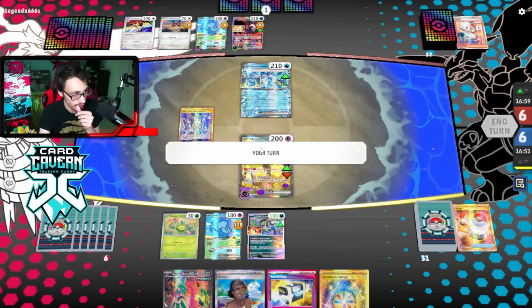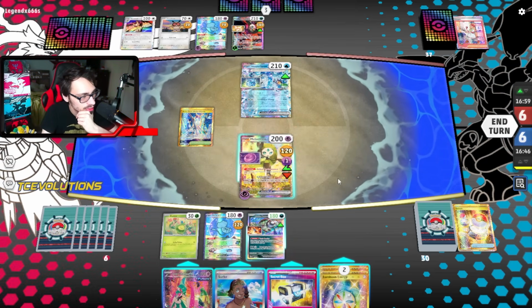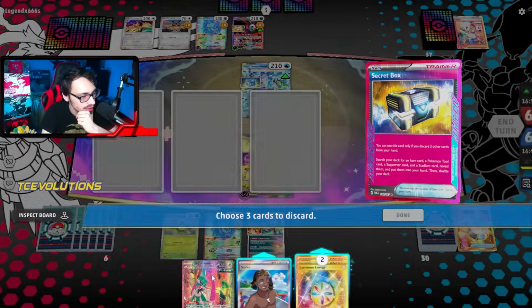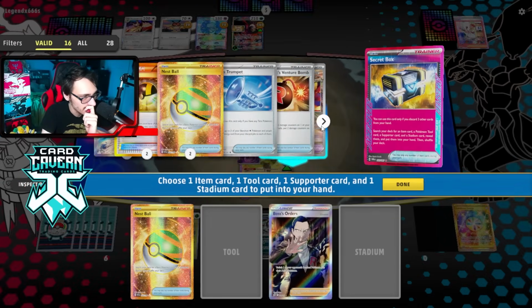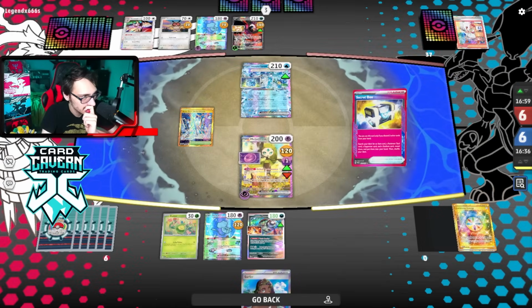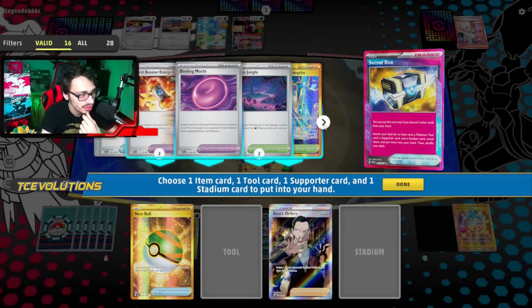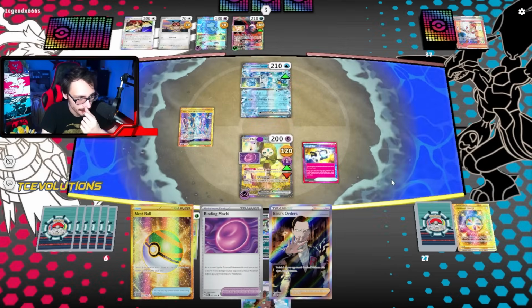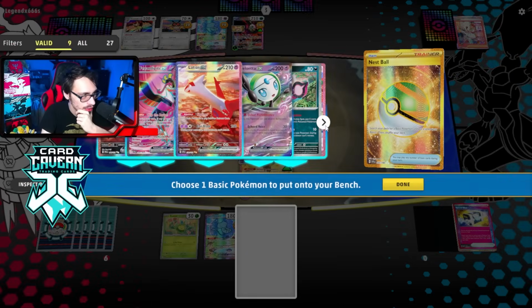Could they realistically do that? I guess they have another Noctowl. It's pretty bad. This is why I want to kill the Fez. Go grab Boss, Nest Ball. That's probably it, right? I don't really want anything else. I guess Binding Mochi. Well, Nest Ball for...